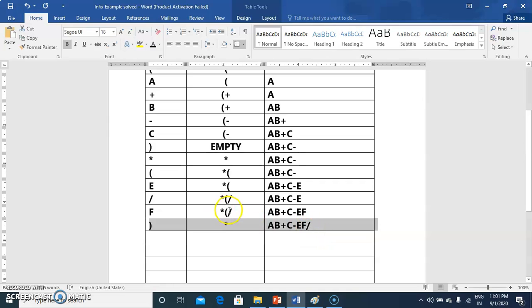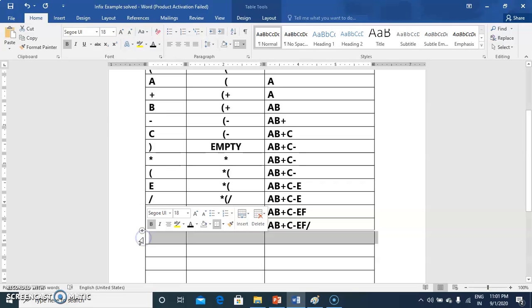So the division sign is only there, it will be popped, and then closing bracket is ignored, opening bracket is ignored. After that, minus sign is coming. This minus sign has lower precedence than the stack top. Stack top is containing multiplication sign. So you will pop the multiplication sign to the postfix expression and minus sign is pushed on the stack.